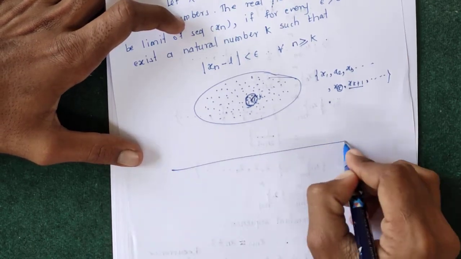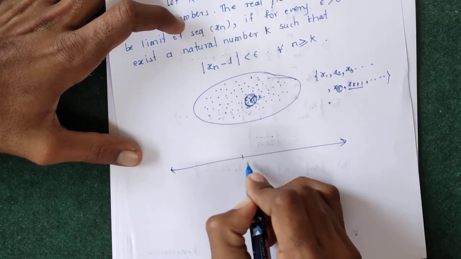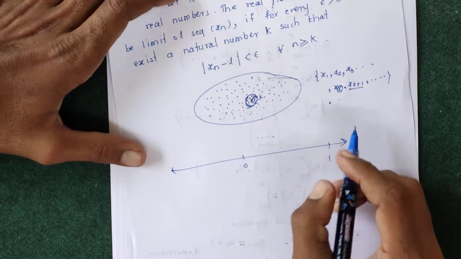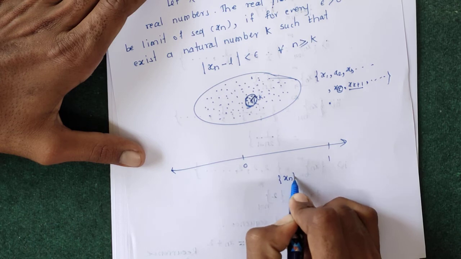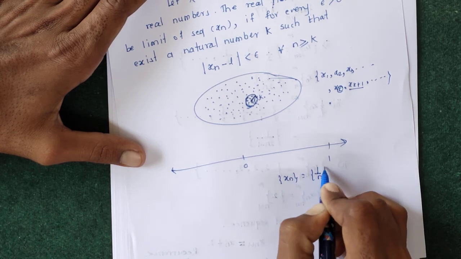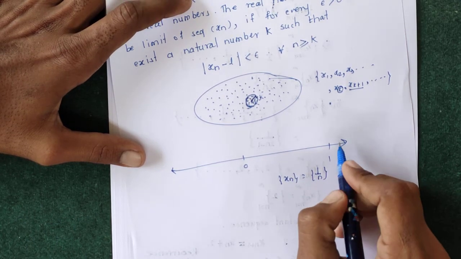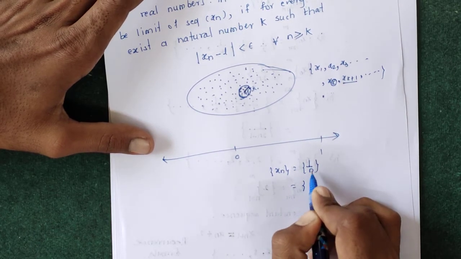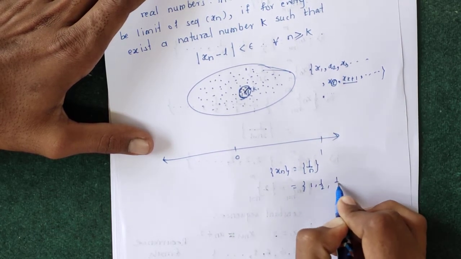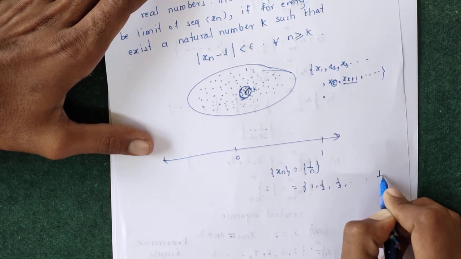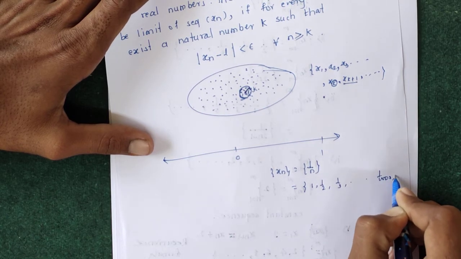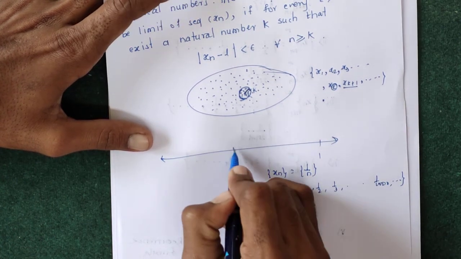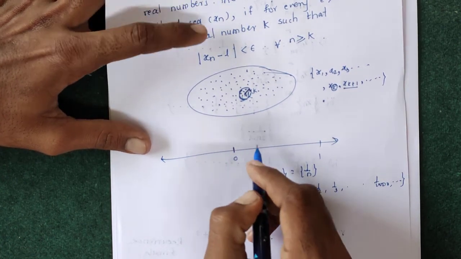For example, if we take the sequence of real numbers, suppose this is 0, this is 1, and we take the sequence xn equals 1 by n. The elements are 1 if you put n equals 1, then 1 by 2, 1 by 3, 1 by 4, up to 1 upon 1000, 1 upon 1001 and all other elements. So we can say that this sequence has limit 0 whenever,